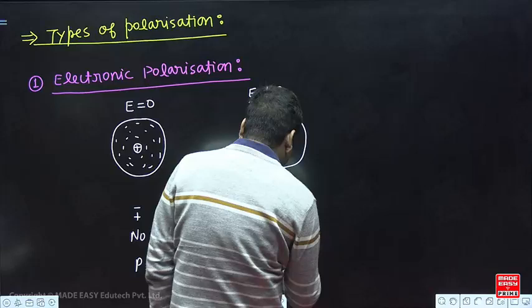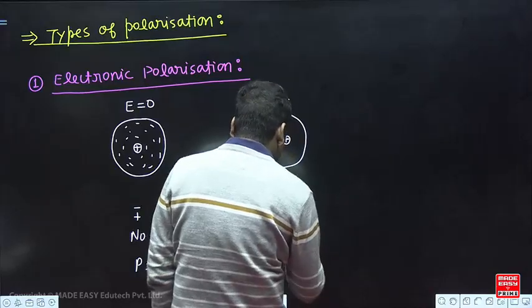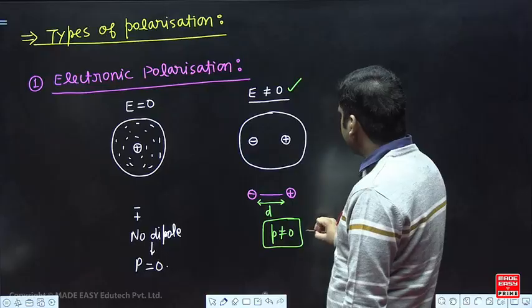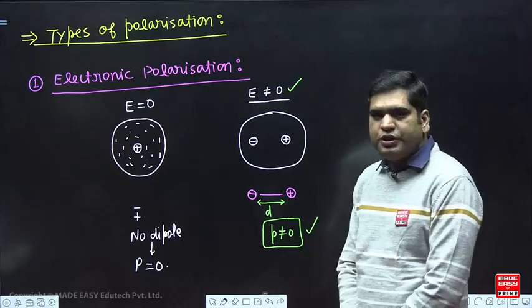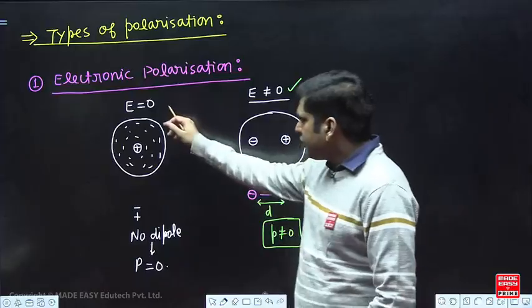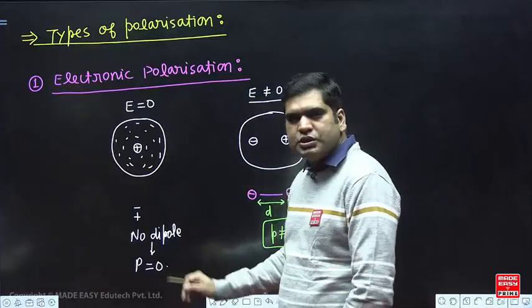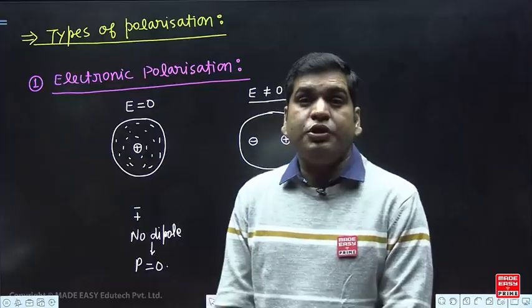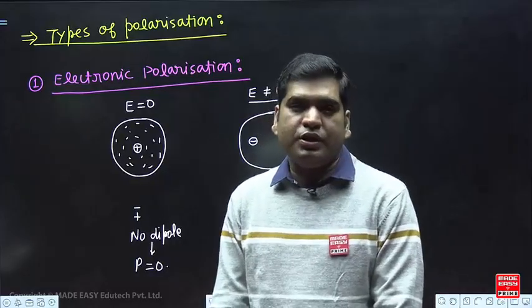So, P is not equal to 0. This polarization comes into the picture due to the applied electric field. If electric field is non-zero, polarization is non-zero. If electric field is 0, polarization is 0. Such polarization, which comes into the picture due to the application of an electric field, is known